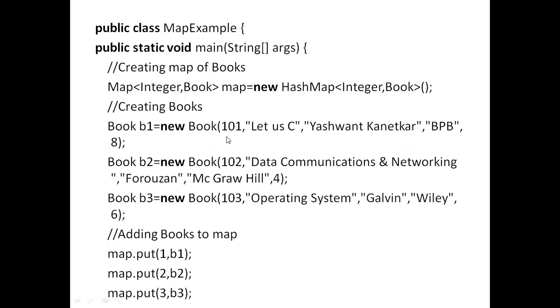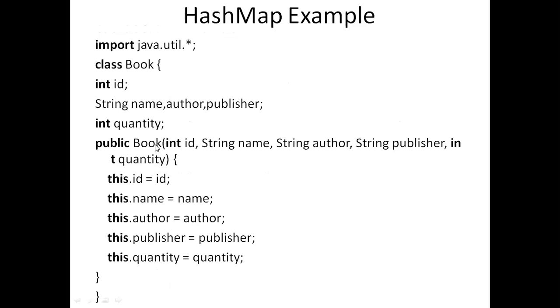Here, if you see, my program starts from here. I'm creating a map of books, Map<Integer, Book>. So integer value and book. For example, in a dictionary, they have one unique ID for each and every book, and based on that you can identify the book easily. Like that, here also they have given new HashMap<Integer, Book>, Book b1 equal to new Book. Immediately the system will see the Book constructor with 5 parameters, and yes, here it has been written id, name, author, publisher, quantity. So immediately it will come here.